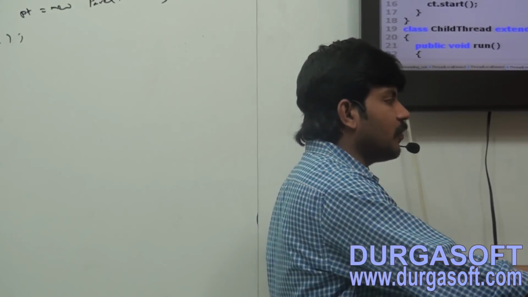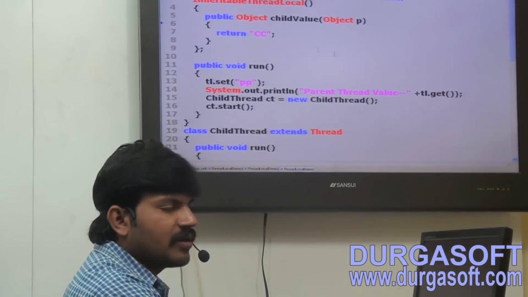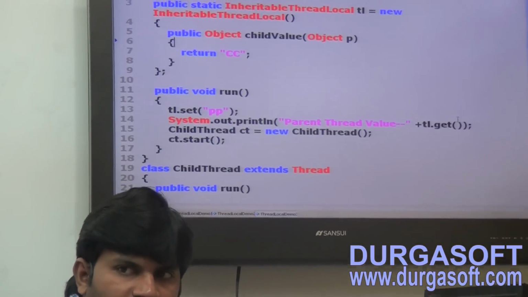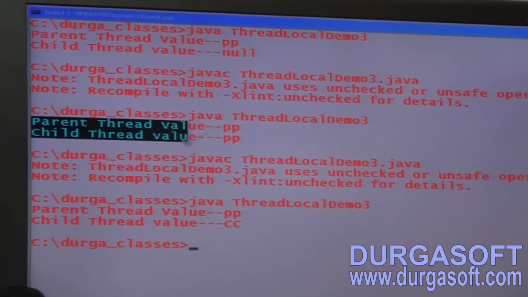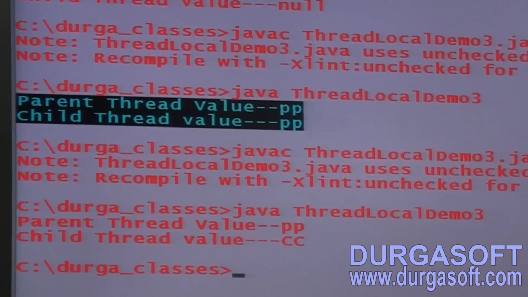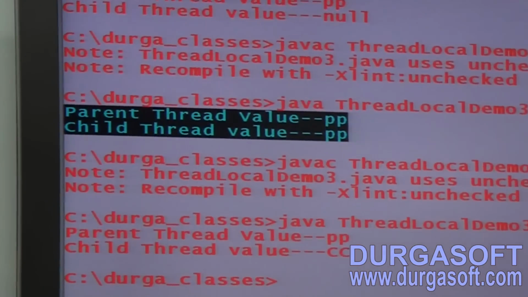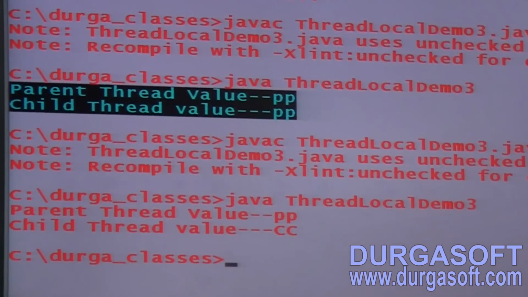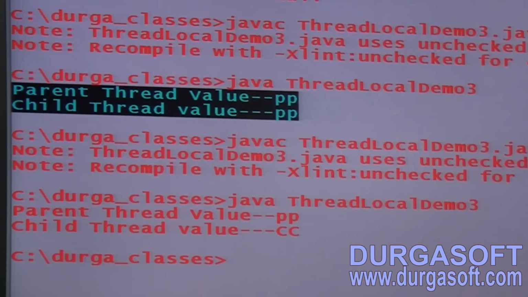We are maintaining InheritableThreadLocal only, but we did not override the childValue method. Then what is the output? Parent thread value pp, child thread value also pp only. Completed, I hope. Are you getting it right?